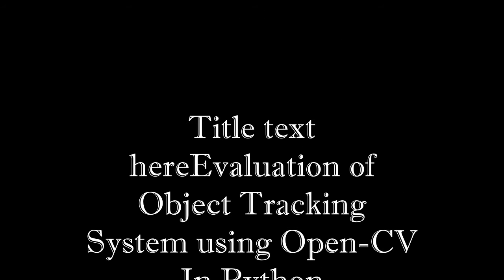Evaluation of object tracking system using OpenCV in Python. Abstract: the object tracking system is used to track the motion trajectory of an object in a video. First, I use the OpenCV function selectROI to select an object on a frame and track its motion using the built-in